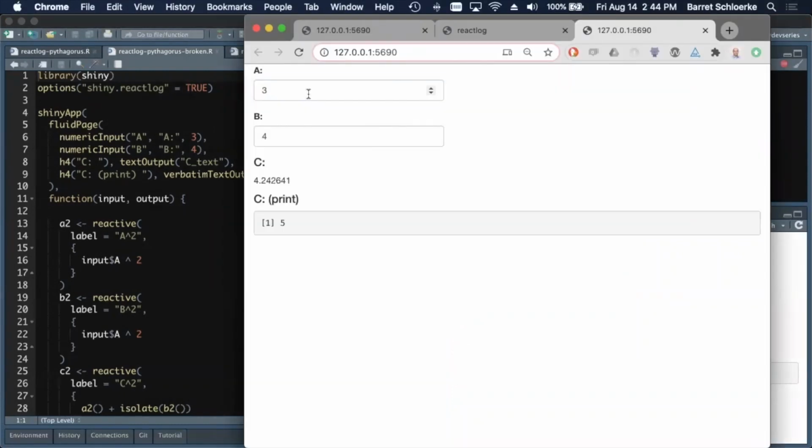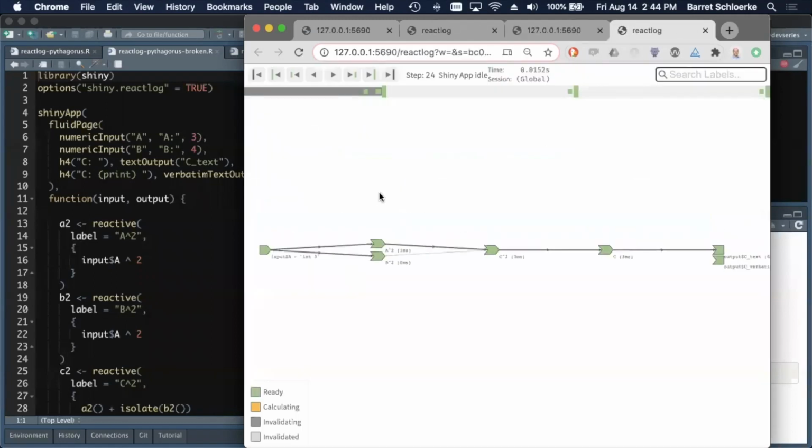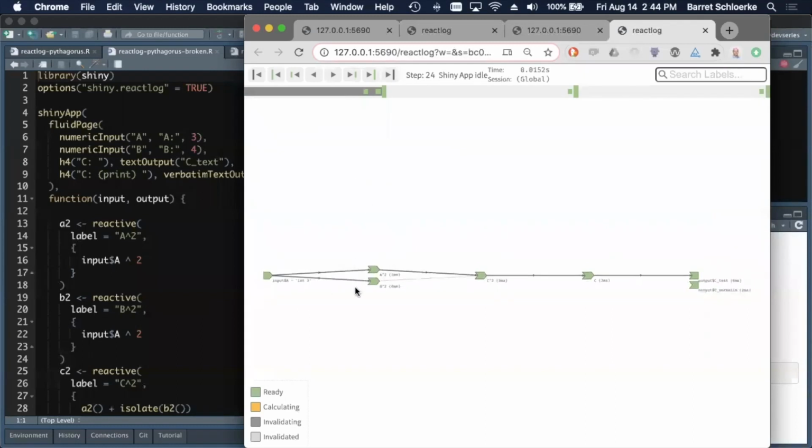Okay, so this one is where Pythagoras' theorem is broken. We have a 3, 4, and 5 triangle. The C value here is not 5, so that's not expected. Right. And if we change A to 5 and B to 12, we should have 13 as our answer. And C is still wrong, and this one is not 13. So that's not good. So let's open up our reactlog, Command Fn F3 on Mac,